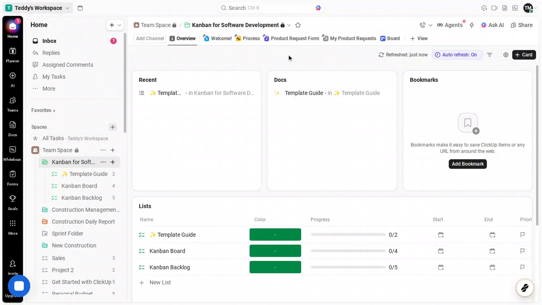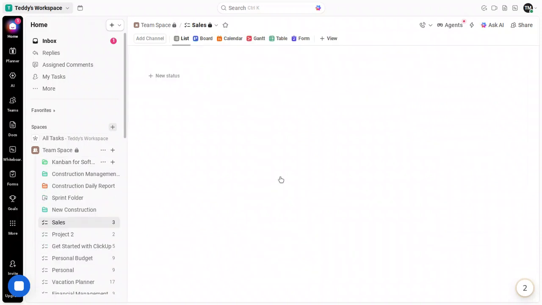In today's video, I'm going to teach you how to use ClickUp. Quick guide. ClickUp is an all-in-one productivity platform that helps you organize your work, track progress, and collaborate without bouncing between apps. If you've been looking for a simple, reliable way to keep projects moving and your team aligned, you're